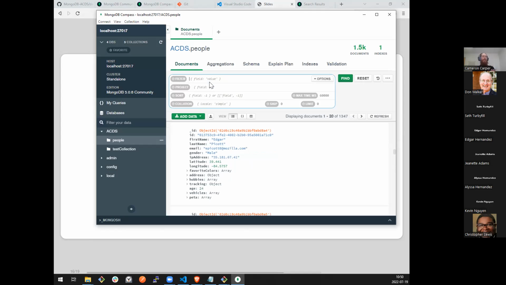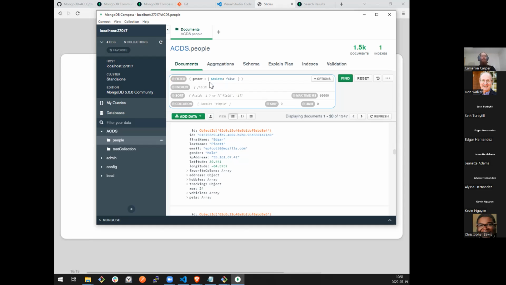I don't recall what I set my null factor to when I was generating this data, but I can also just pick a field name that we know doesn't exist. So I think maybe I set gender to have a null percentage. So let's test that out. This query will tell us whether or not I did that. So we choose our field name and then write our curly braces for where we're going to put our query for that field and say exists.